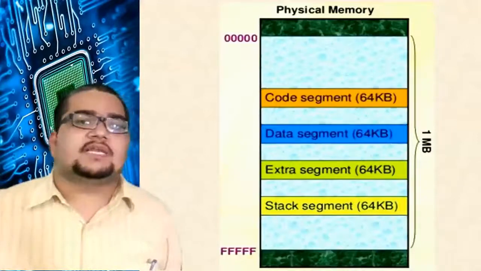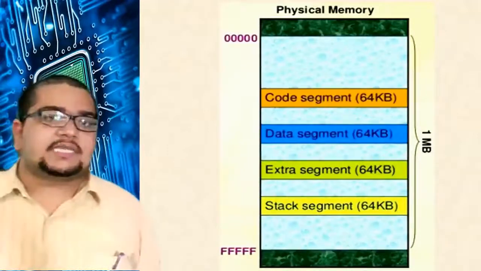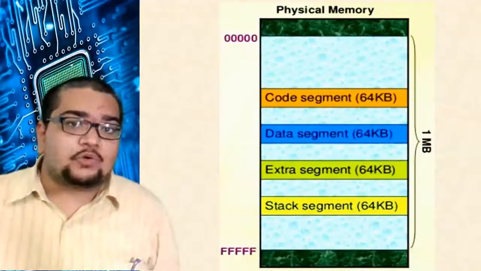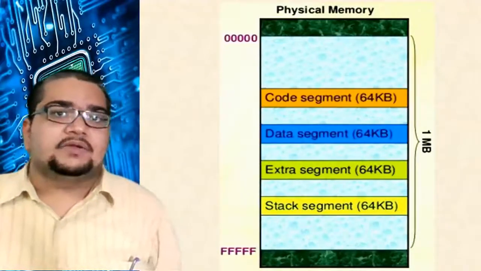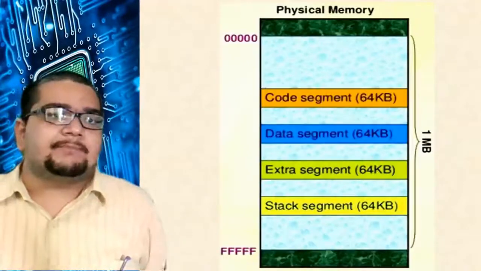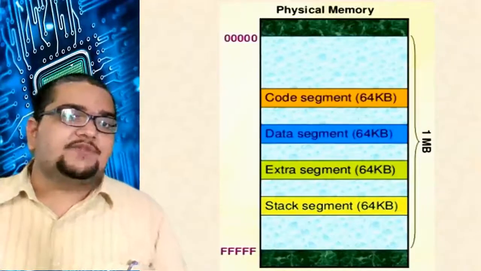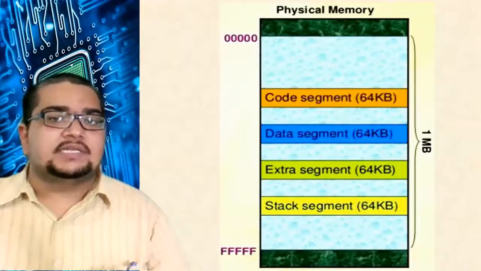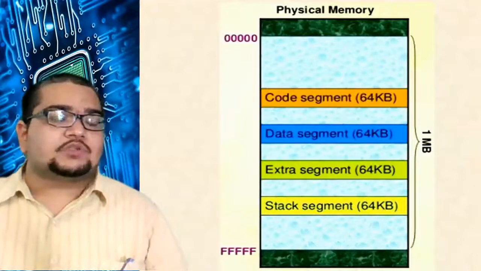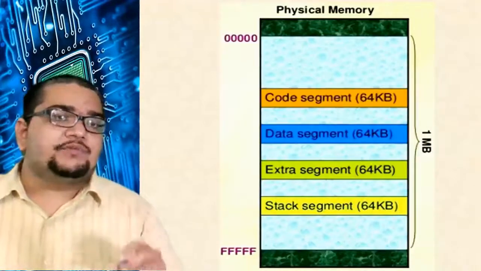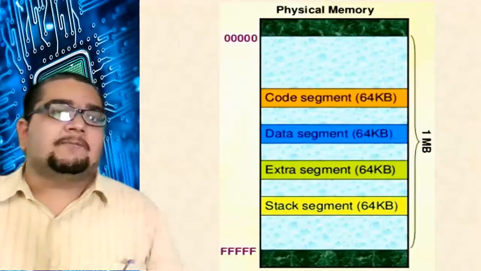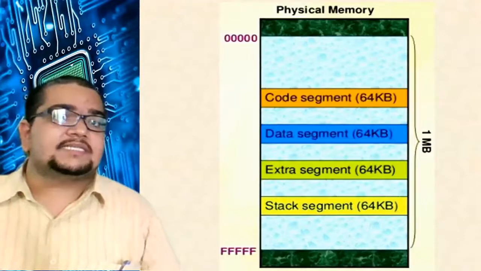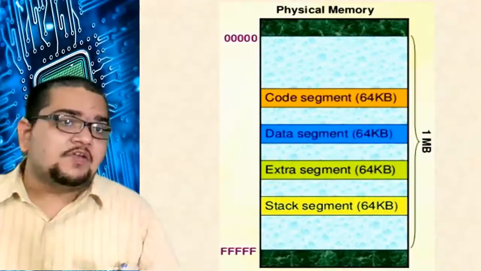Now, this is how the physical memory looks. In 8086, as I said, a total of 16 segments are possible, but at a time, out of those 16 segments, we are only using 4. The full memory, 1 MB, is equal to 1024 kilobytes. When you divide 1024 kilobytes by 16, one part comes to 64 kilobytes. So there are a total of 16 such 64 kilobyte segments available in the physical memory.